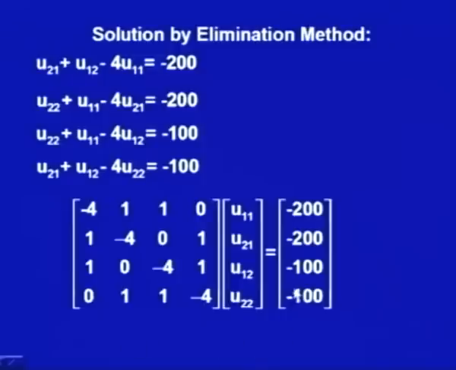Using the elimination method, we write this augmented matrix and use the row echelon form, that is, the row operations. So, using the third one, let us make the entry in the first column of the second row and the first row as 0. Here, what we have done is subtract the third row from the second row. So, directly the subtraction gives 4, and this would be 1 minus 1, 0, and what we are getting is